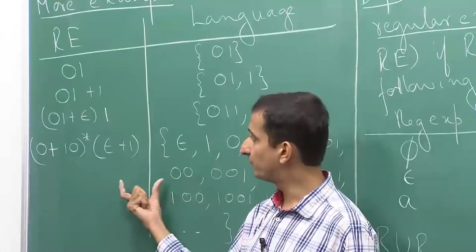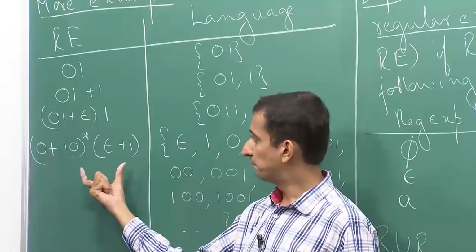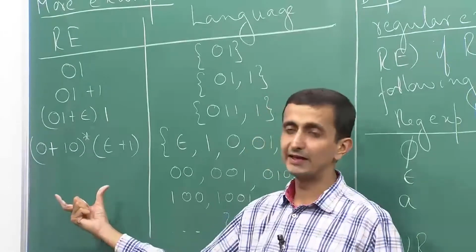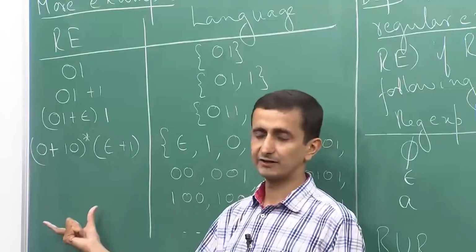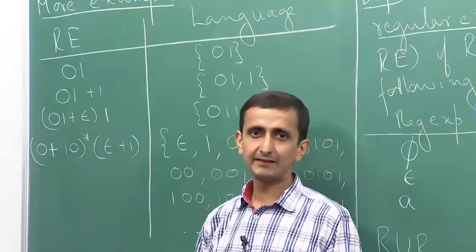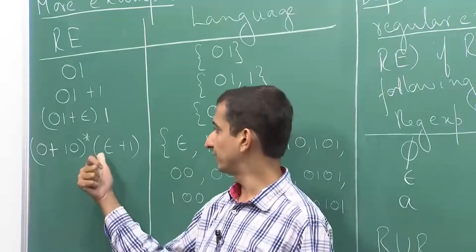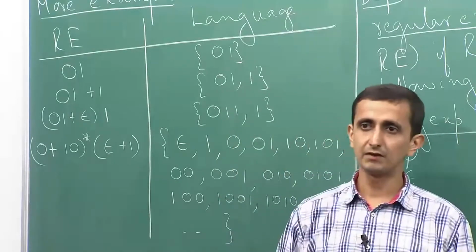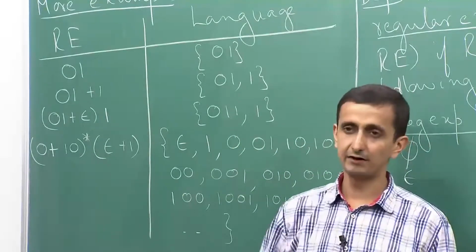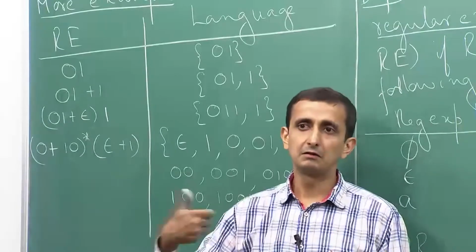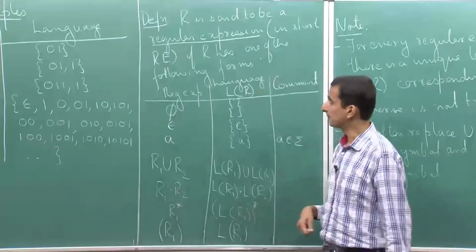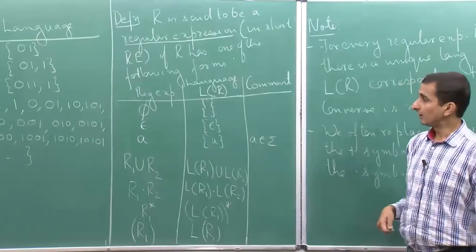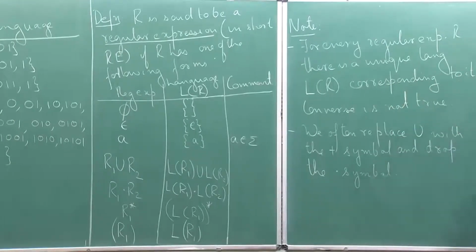we try to break it down into parts that we can solve in an easier way, or for which we can construct the language in an easier way, and then using whatever operators are there, whether it is a concatenation operator or union operator or star operator, we form the higher language that is needed. Okay. So, now let us look at some examples